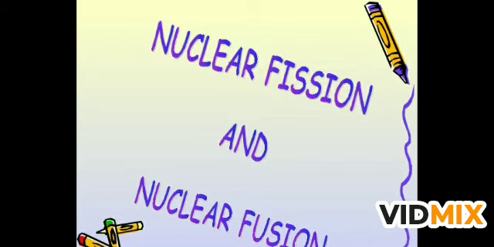So what is nuclear fission and what is nuclear fusion? Now everyone knows that when a heavy nucleus decays into two or more mass fragments, it is called a fission reaction, and when light nuclei fuse to form a heavy nucleus, it is called fusion. Fission means टूटना and fusion means इकट्ठा होना, मिलना. So we are going to discuss this in this video, nuclear fission and nuclear fusion. So let us start the video.